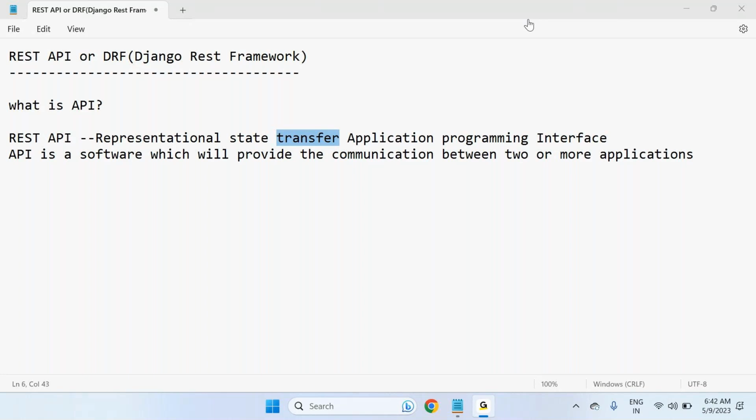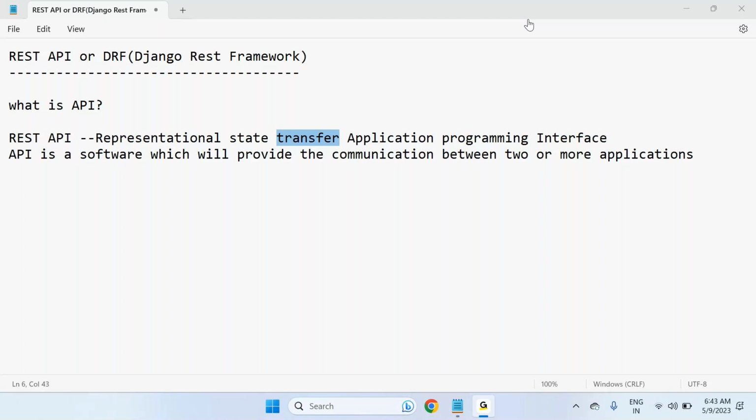We will use REST API only in .NET also, but we can call it as Web API. The terminology is different. Java programmers, they'll call it as RESTful services. .NET programmers, they call it as Web API, and Python programmers, they call it as REST API. Same concept. So REST API is nothing but it's called web services. We are going to generate web services, but web services is old technology. Web services extension as APIs only came into the picture in real time. So all the APIs are generating for web services only. Web services means what? The services which are providing over the web for communicating with multiple application is called web